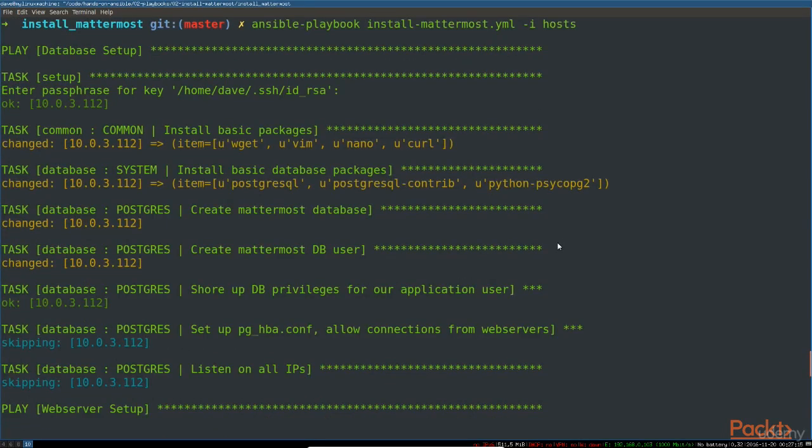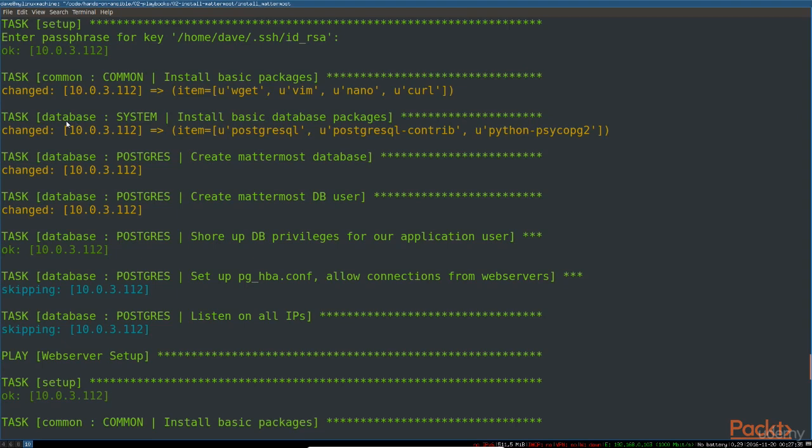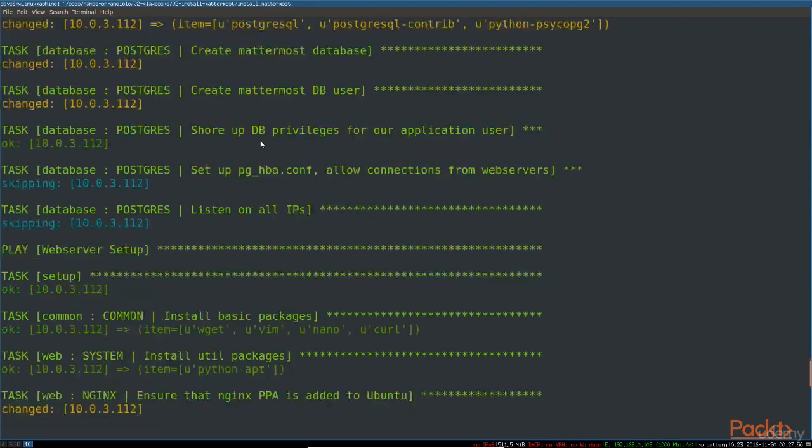So this is where we start the playbook, and the first play is our database setup. So we go ahead and enter that, connect to the first host. We're running the common role right now. On this host, we're installing a couple of pieces of software. Then we're running the database role and installing our packages that we need to run a database. We're creating an actual database and a database user to use for the application. Then we're cleaning up privileges a little bit for that user,